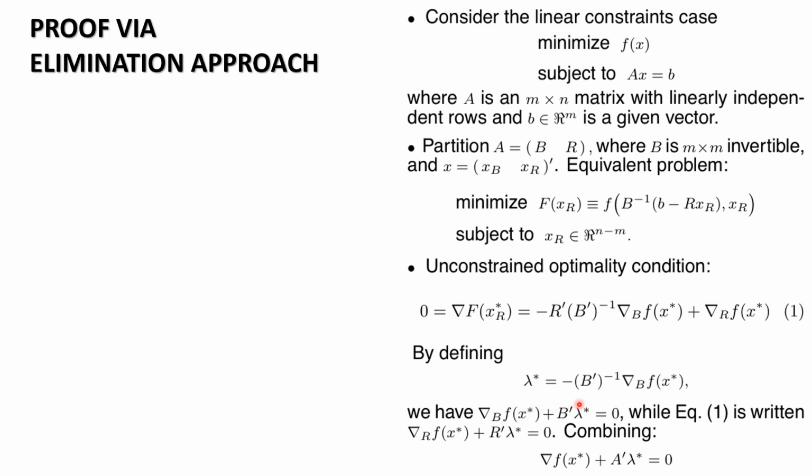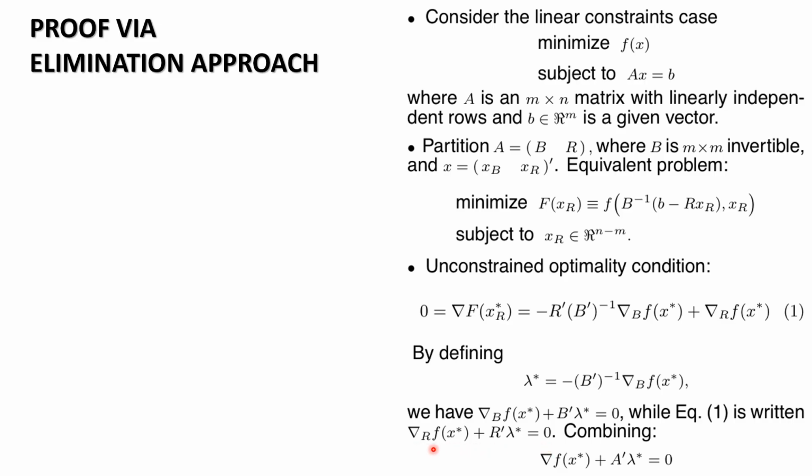Lambda star is equal minus B transpose inverse multiplied by the gradient with respect to B of the function f at x star. And from 1 we can get such a correlation in which the gradient of this function plus B transpose lambda star is equal 0, and then we can rewrite equation 1 in the following form,